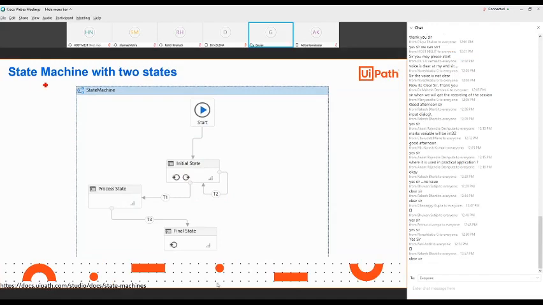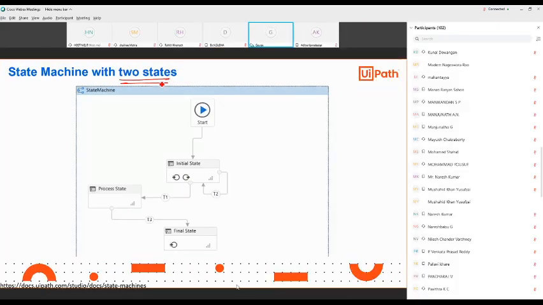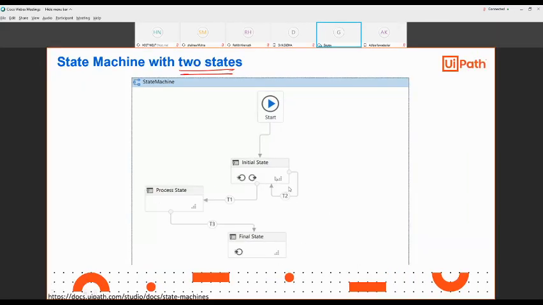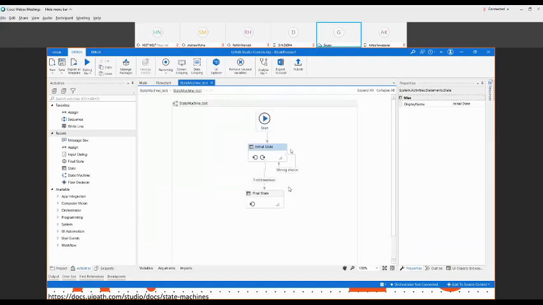Now you can see, if you go to a state machine with two states, there is no issue with that. I can show you one more example. I can add one more state in between. Let me go back. I can add one more state. What can I add? Anything like that.